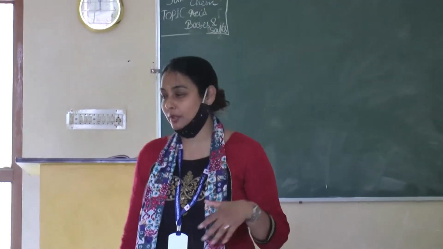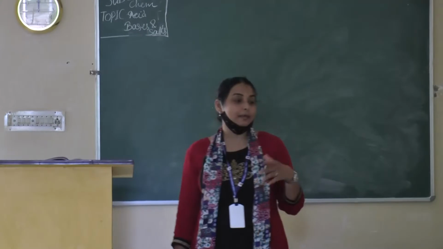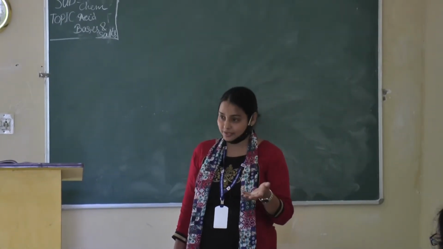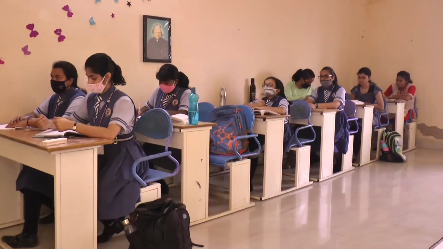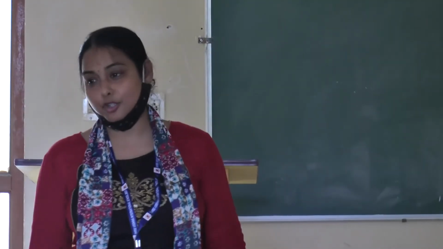In the previous chapter, I went through chemical reactions and equations. There we learned about the types of equations, and about the metals, the elements, how elements can be considered pure or impure, and how they make chemical reactions. Based on that, today we are going to start a new chapter, that is acids, bases and salts.